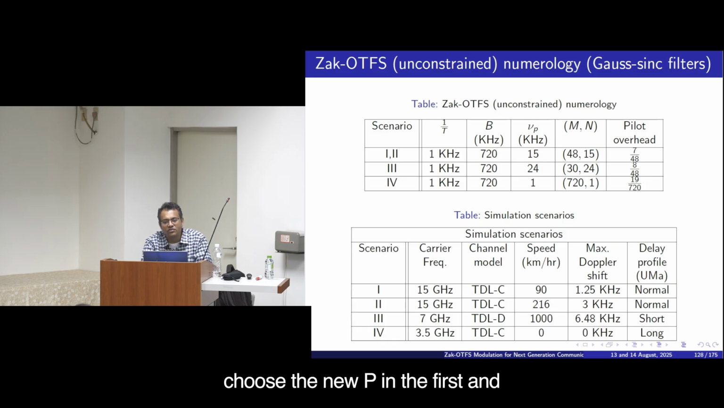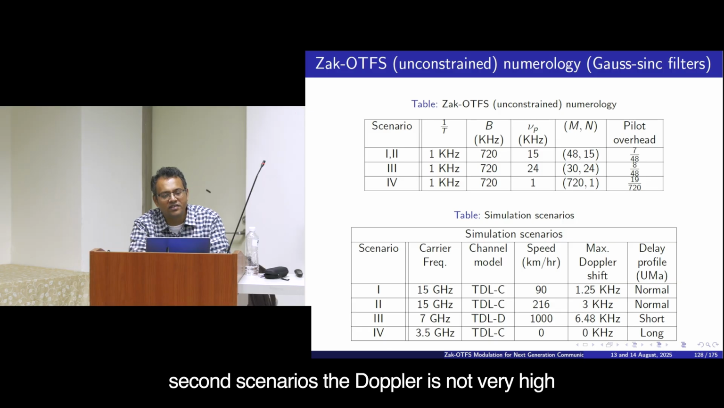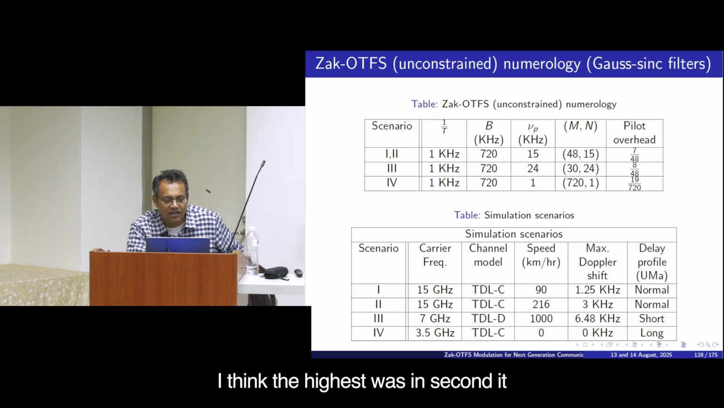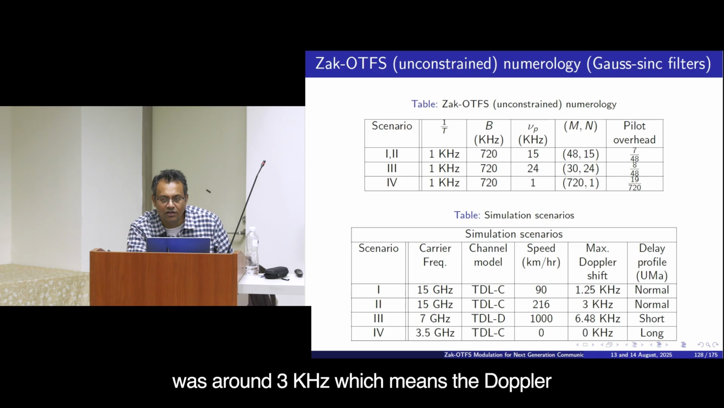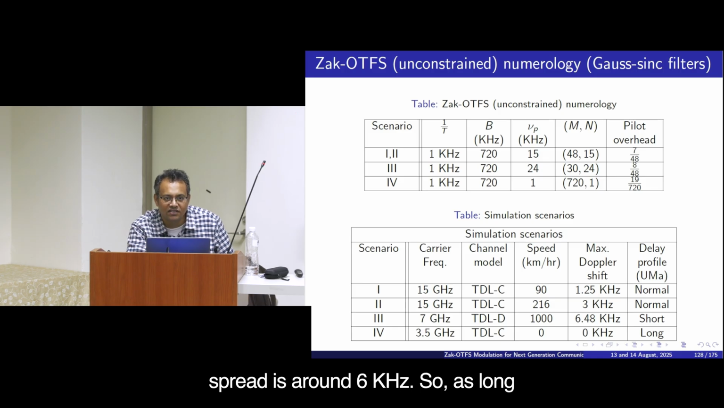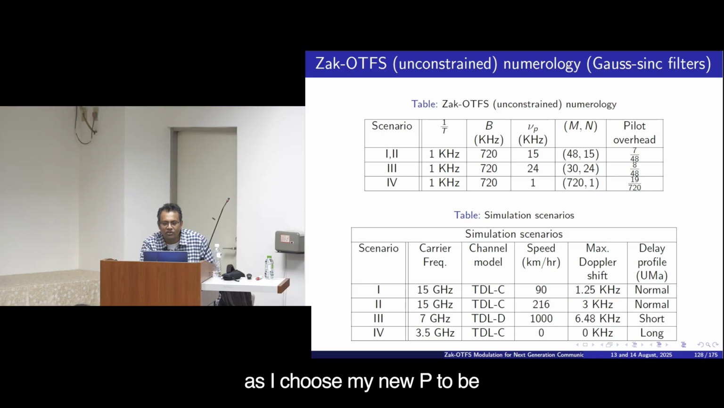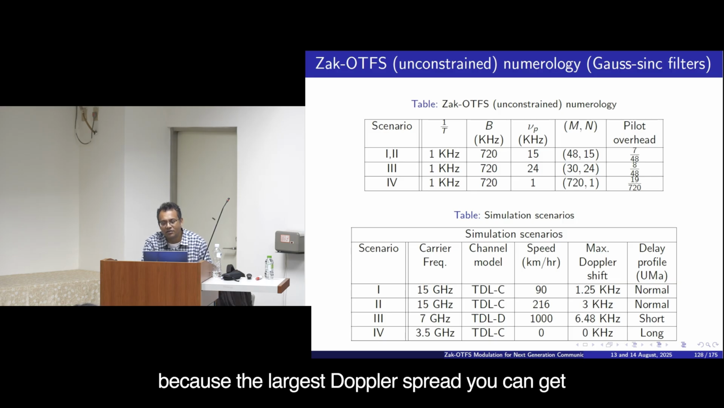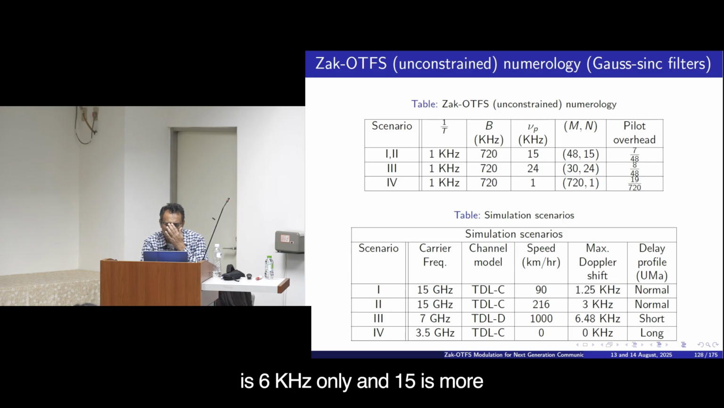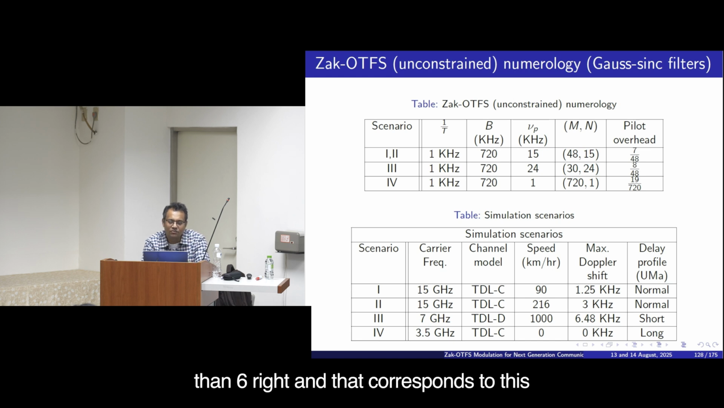But we are free to choose the nu p. In the first and second scenarios, the Doppler is not very high. I think the highest was in second, it was around 3 kilohertz, which means the Doppler spread is around 6 kilohertz. So, as long as I choose my nu p to be more than 6 kilohertz, I am fine. So, we choose the nu p for both the scenarios to be 15, that is enough, because the largest Doppler spread you can get is 6 kilohertz only, and 15 is more than 6, right,